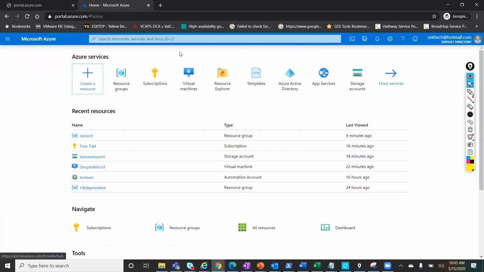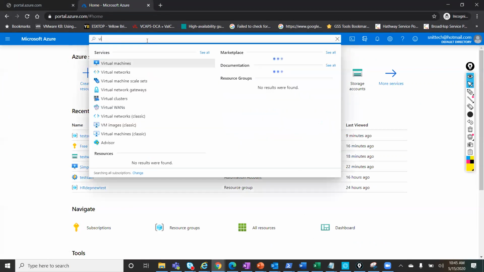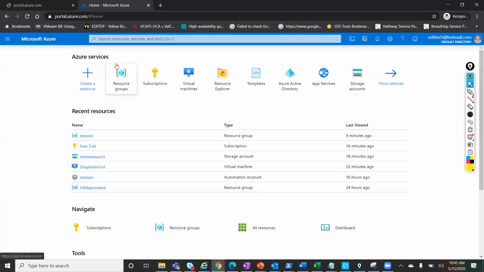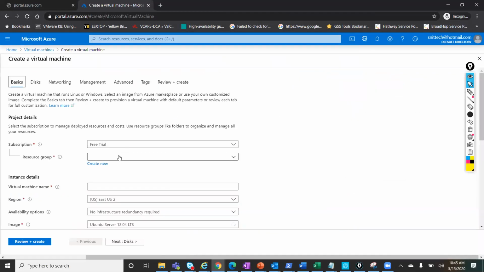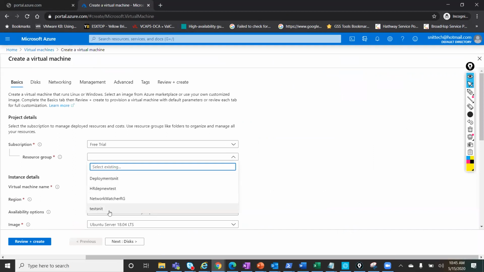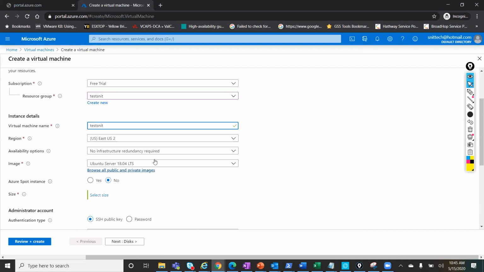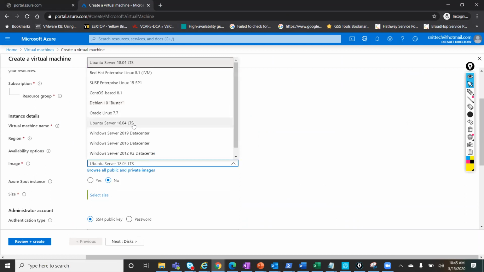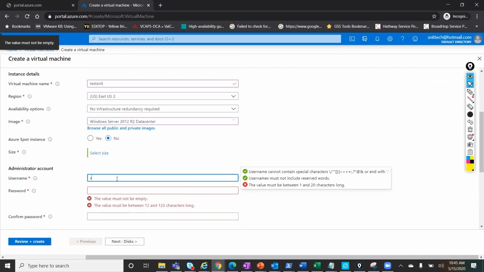So let's say I'll try to create a virtual machine. Add a virtual machine. I'm trying to create it, test SNIT. This is just a simple deployment, guys. I'm going to show this again in the virtual machines class, but I just want to show you how we can check the deployment logs.